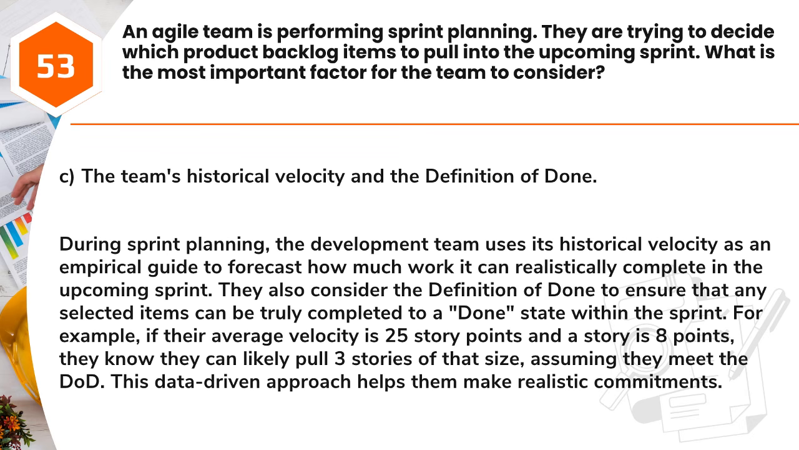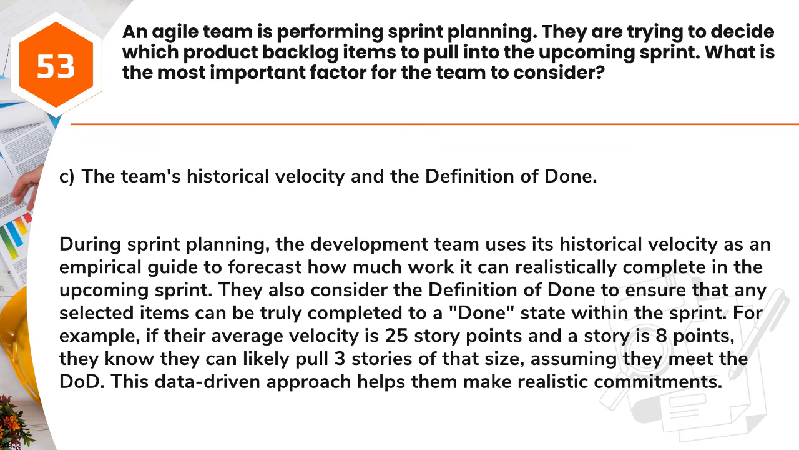Answer: C. The team's historical velocity and the definition of done. During sprint planning, the development team uses its historical velocity as an empirical guide to forecast how much work it can realistically complete in the upcoming sprint. They also consider the definition of done to ensure that any selected items can be truly completed to a done